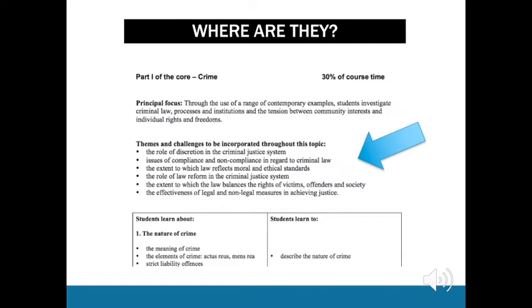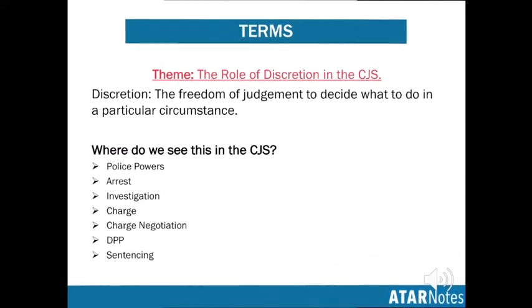So it's a very different style of approaching your essay because you're given the theme and challenge and then you pick and choose whichever part of the syllabus you think is most appropriate to discuss. Whereas if we were given, for example, the nature of sentencing and punishment and how effective that is, obviously you're picking pieces of information from that part of the syllabus. So it is a very different approach. Please don't overlook it. Please become very comfortable with the words of the themes and challenges, as we will in this video, because no matter what, you can integrate these into your responses and prove to a marker that you're very comfortable with legal terminology.